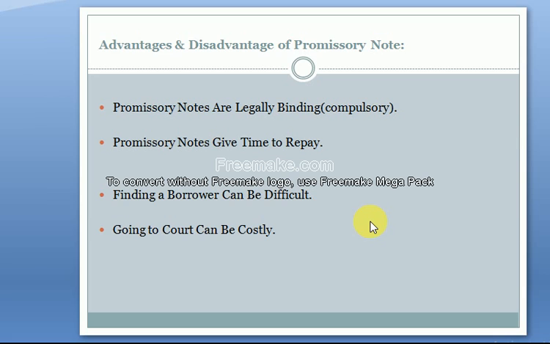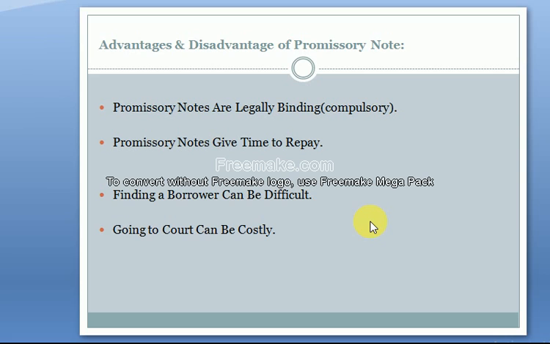Similarly, finding a borrower can be difficult. This is the disadvantages of the promissory note. Sometimes a borrower becomes a defaulter, as I discussed before. So how to recover the loan amount from the borrower? So automatically we will